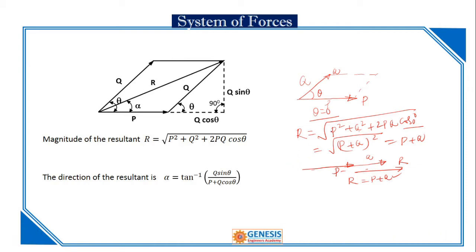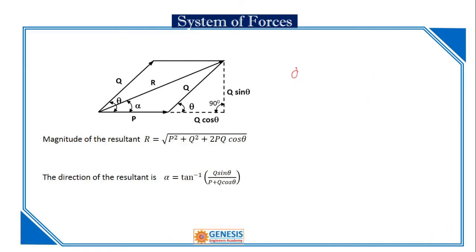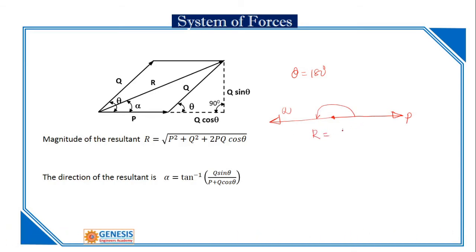You can also add up this one. And if the angle between these two forces is 180, if theta is equal to 180, what would happen? First you draw P, next you take this as 180. Now Q goes to this side. Okay, so this R you can directly write like P minus Q or Q minus P. In this case, P is greater than Q. In this case, Q is greater than P. So like that you can find out. So the resultant will be the greater of these two forces.